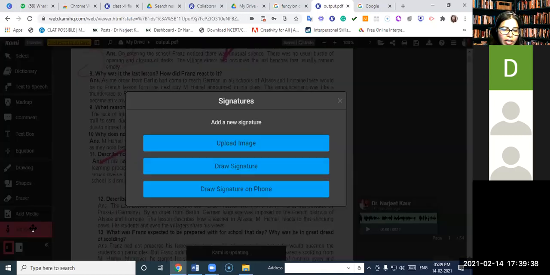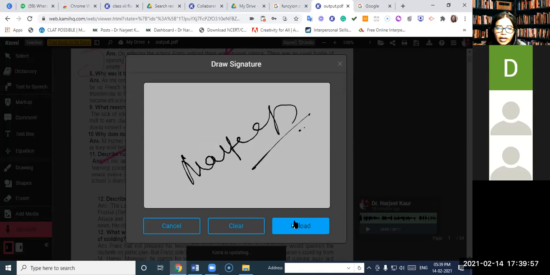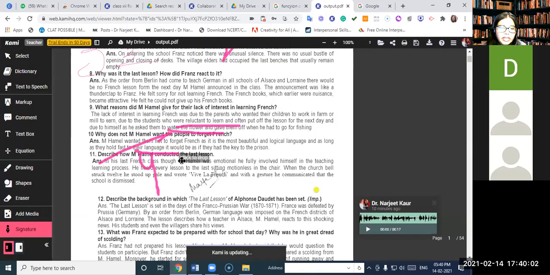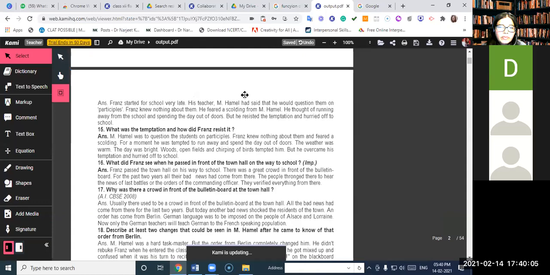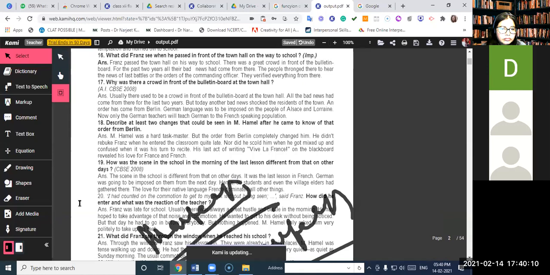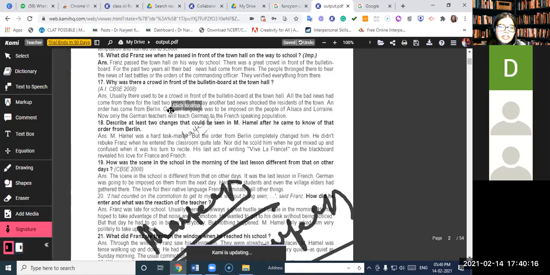And then in the end, we can add a signature. Either you can add a signature with a file which you have uploaded from your computer, or you can draw a signature here. While drawing a signature, I can draw, upload, and insert it anywhere I want. I want it here, and here as well. So you go to signature, and you get it. Anywhere that you want, you can get your signatures inserted.